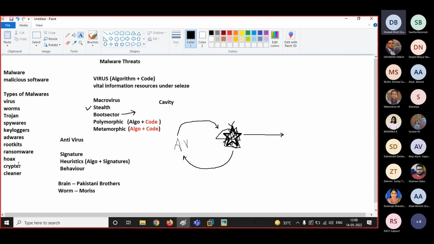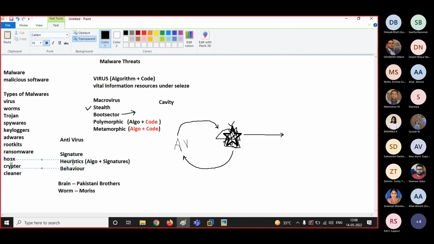Then we have next, guys, that is Cryptor. What is Cryptor, guys? Can anyone tell me? What is a Cryptor? Any idea? It encrypts the data.